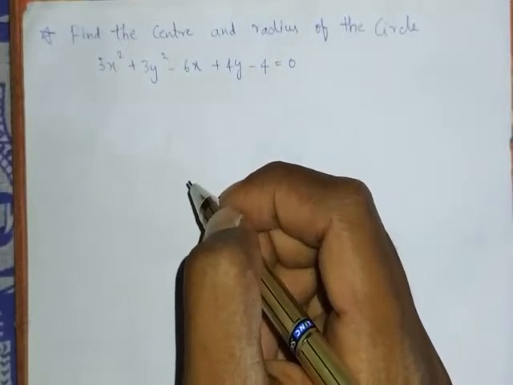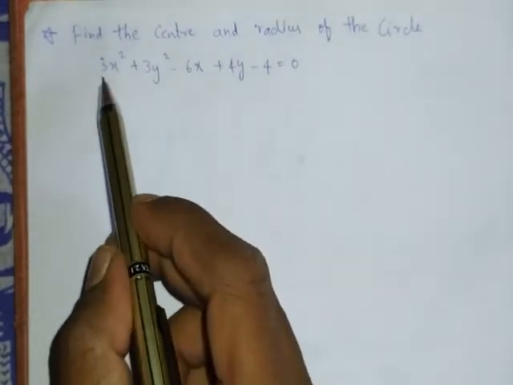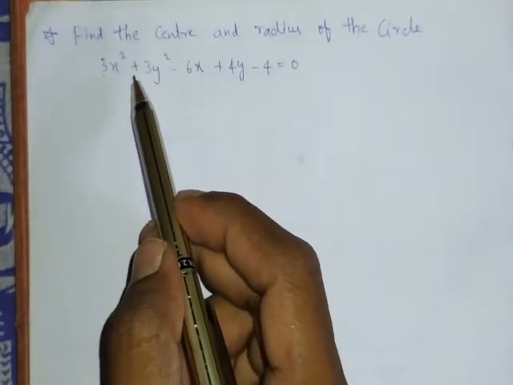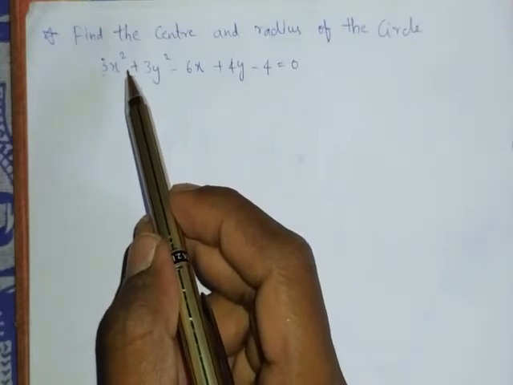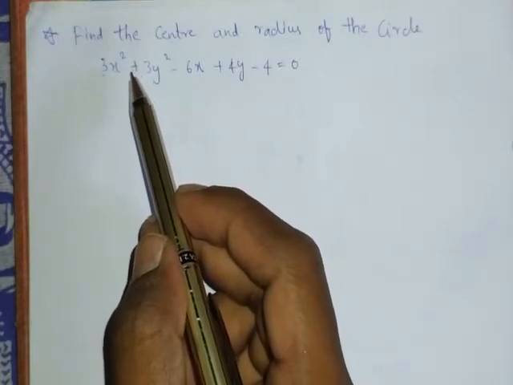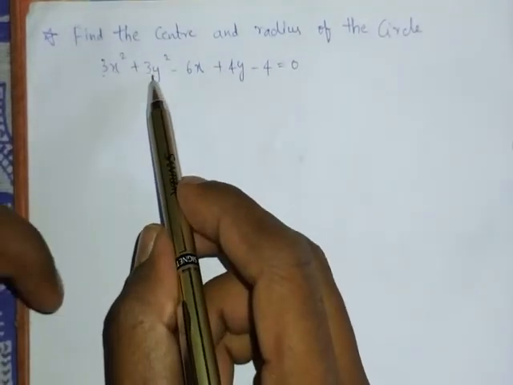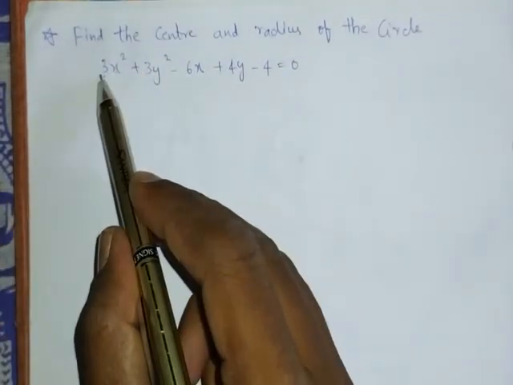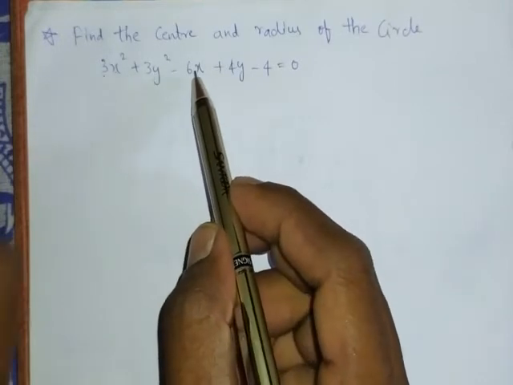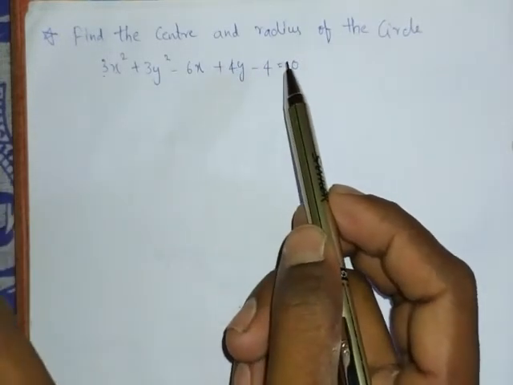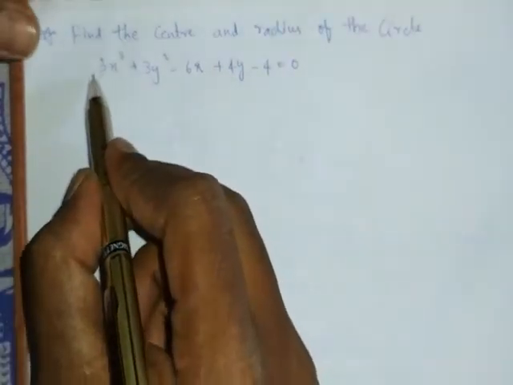So now let us do this problem. This is the equation in the form ax square plus 2hxy, but the xy term is not available here, which is nothing but the value of h is 0, which we did in the previous derivation. Here a and b values are the same: ax square plus by square plus 2gx plus 2fy plus c is equal to 0. Like in these model problems, now we can divide the total equation by a.